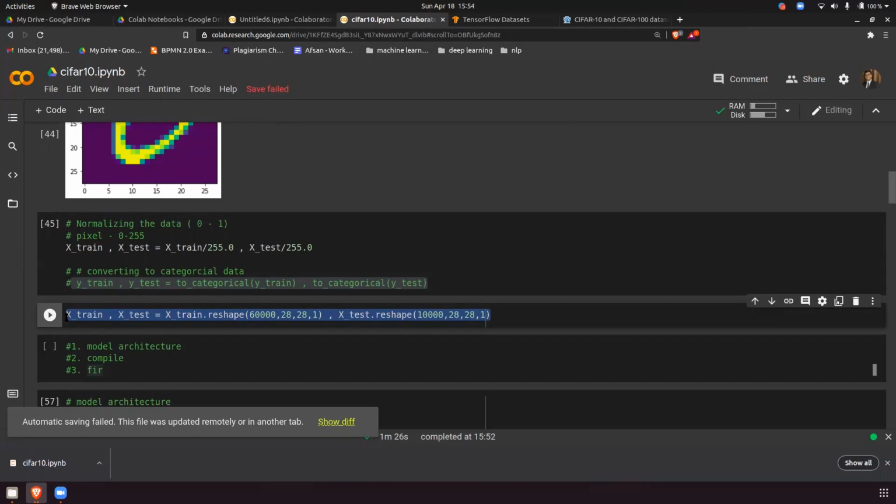So you have to put in the 4 dimensions in such a way that the image doesn't get changed, and you give what Keras requires. If we don't give that 1, it will still be 3 dimensions, but just to avoid the error, we are putting 1 there. Exactly, because by default Keras wants 4 dimensions. So everything is perfect even without the 1, but the issue is that Keras should only take 4 dimensions every time. So we have to reshape that to 4 dimensions.